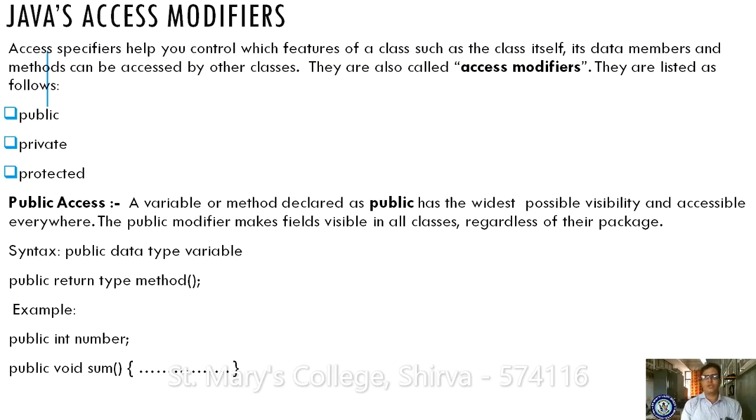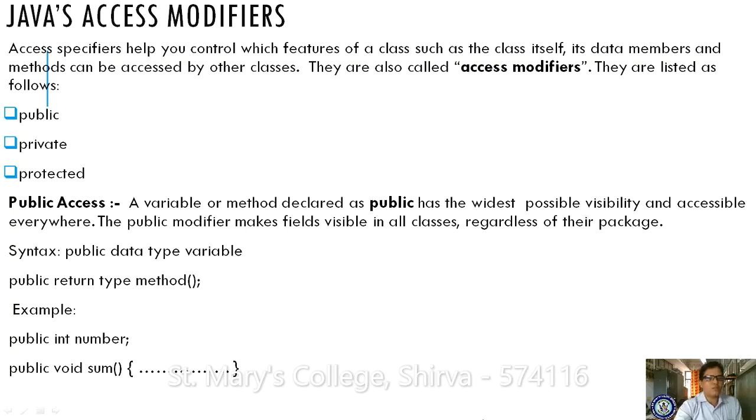So till now we have learned class declaration, data members declaration, method declaration, and accessing of the class, right? Till now you were working with one or two classes. Now you can work with more than one class. If you want to work with more than one class outside of your program, then these kinds of access modifiers are supposed to be used. So here the access modifiers are public, private, and protected.